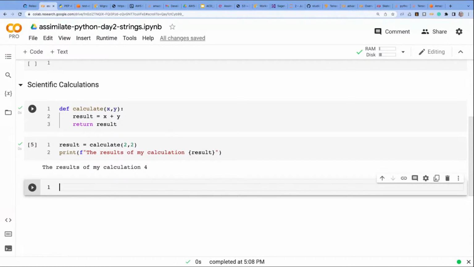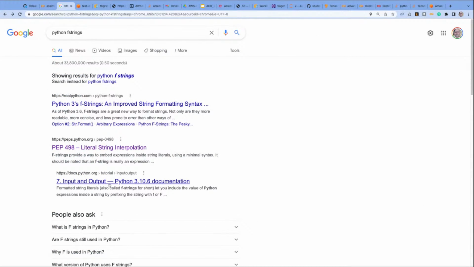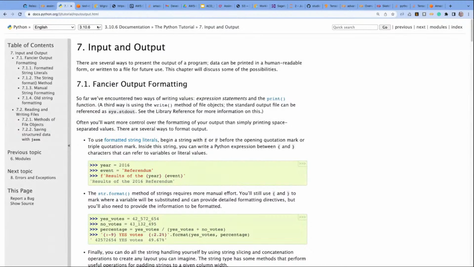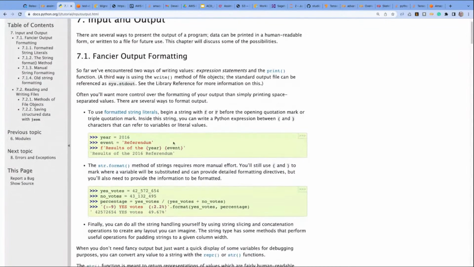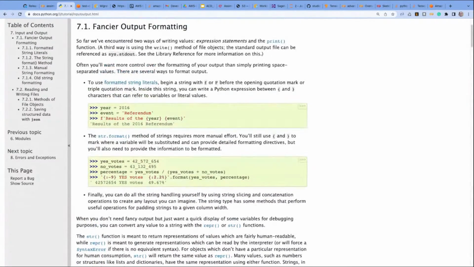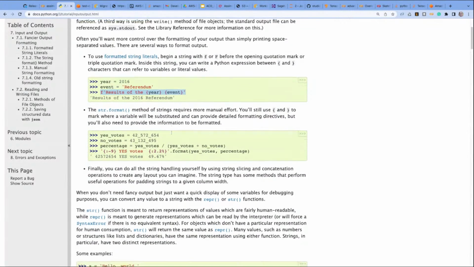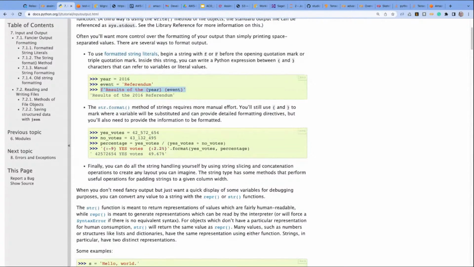Well, what else can we do with f strings? I think we should look at the official docs here, and let's take a look at 10.6. That's pretty good. And so fancier formatting, what can we do with f strings? And to format string literals, you could do this, right? So this is kind of what we just did. And if you want to do something more fancy,